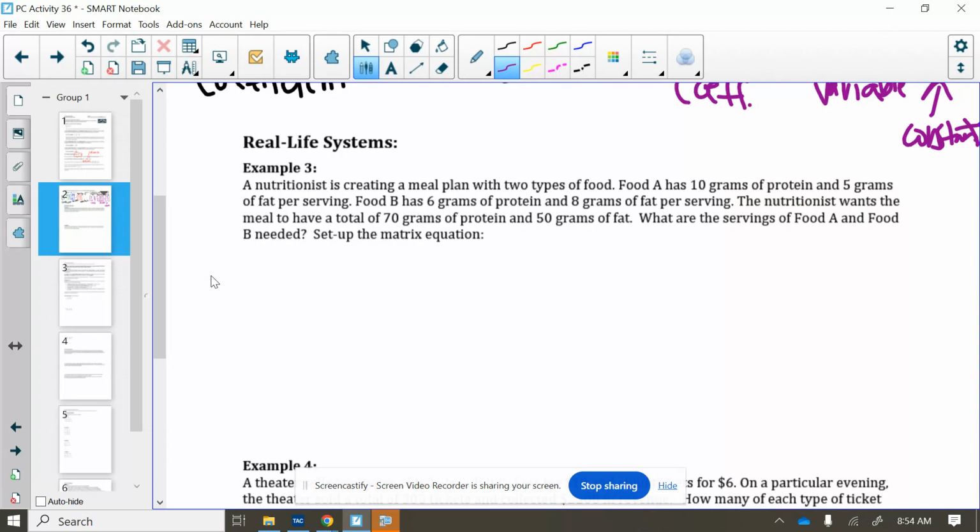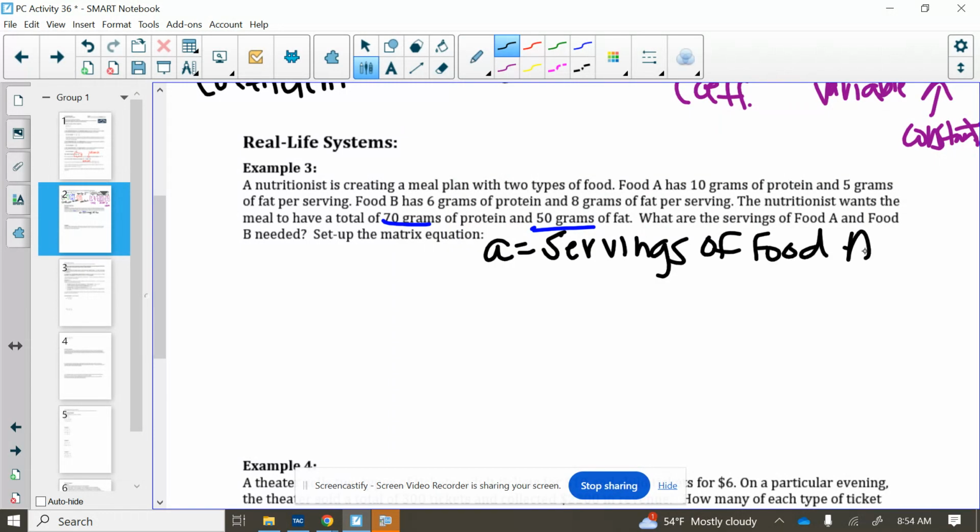2 types of food. Food A has 10 grams of protein and 5 grams of fat. Food B has 6 grams of protein and 8 grams of fat. And if we want to have a total of 70 grams of protein, 50 grams of fat, what are our servings of food A and food B that are necessary? So we're going to choose two variables. I'm going to choose A and B to represent the servings of food A, and then B to represent the servings